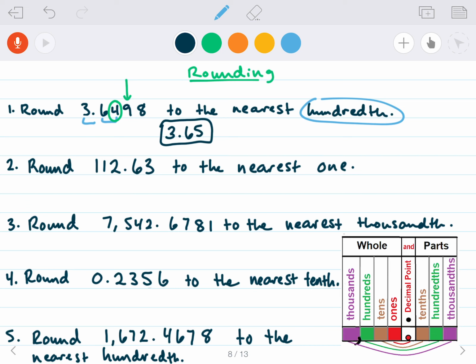Round 112.63 to the nearest 1. So our ones place is right here. So we look directly to the right of it. And since 6 is bigger than or equal to 5, we round the 2 up to a 3 and we cut it off. So this is the 1 spot. So we have 113 and that's cut off there. Okay,